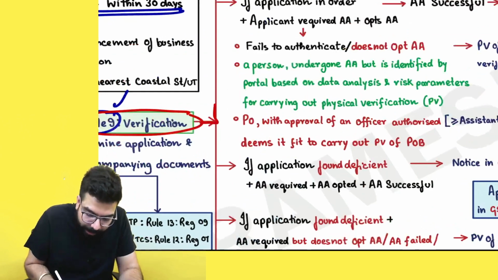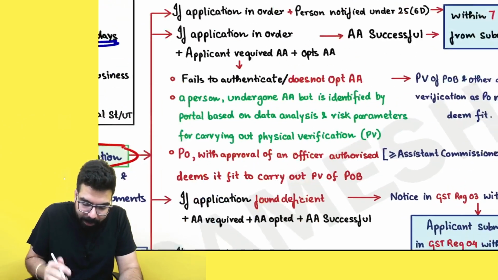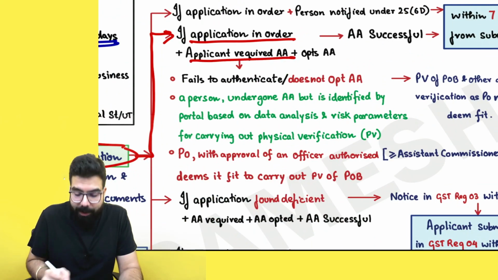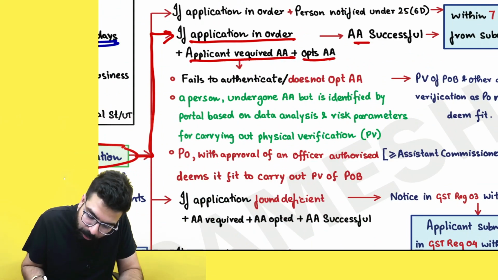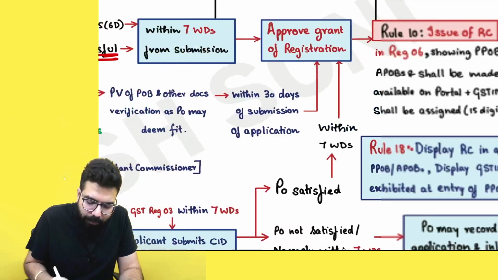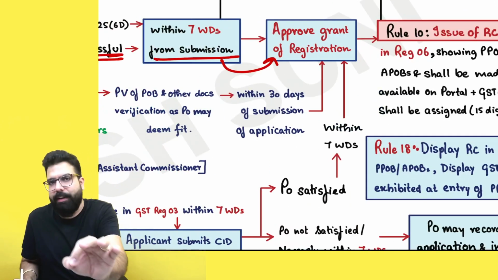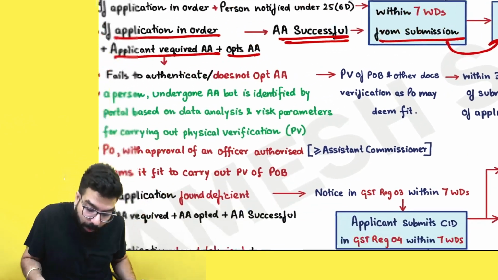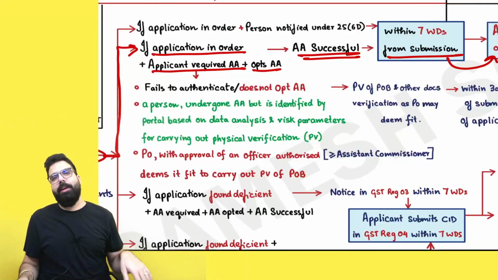Now, they are telling over here that, sir, if the application is in order, the applicant is required Aadhaar authentication, and opted for Aadhaar authentication was successful also, then within 7 days they approve and grant you the registration. I hope you guys know this already. Yes, sir, we already know this. But what they are telling over here, but supposing